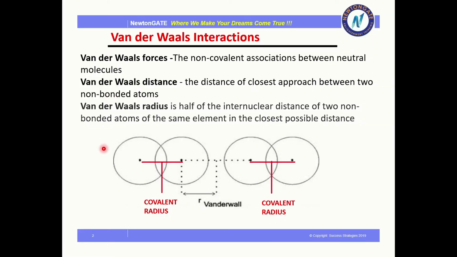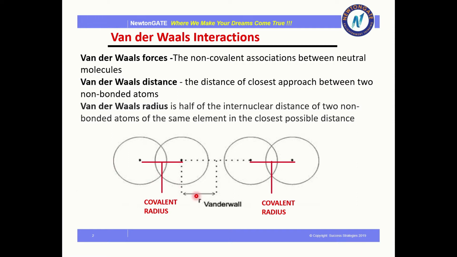There are a few points about the van der Waals interactions. These are the non-covalent associations. This is the first point that you know about it, and it happens between neutral molecules. See this diagram, these two molecules are neutral and they're the same molecules. If this is H2, this one is also H2. If this is Cl2, this one is also Cl2. And as you know, these are covalent molecules. They are bound by a covalent bond, right? These two molecules, and between these two neutral molecules, there is van der Waals interaction taking place.